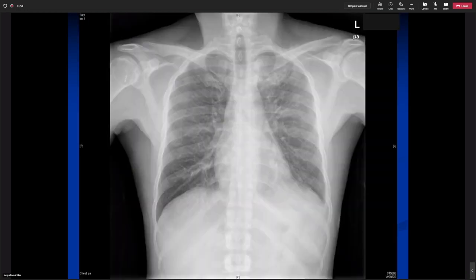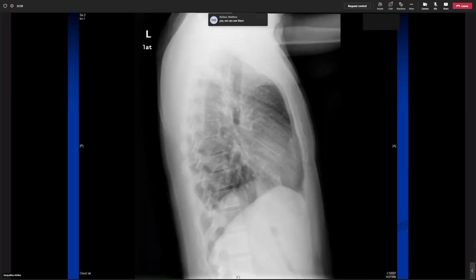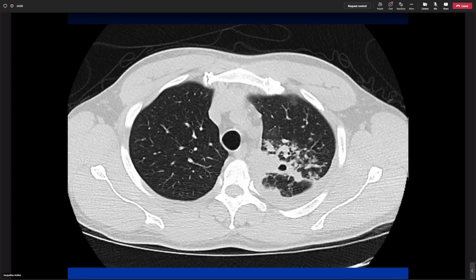Yes, okay, good. So this is his chest x-ray. Not really impressive, but when you look, you see a little bit of a left upper lobe infiltrate. This is the lateral. You can see the infiltrate a little bit better. And this is the CAT scan, right? So now you see the nodular infiltrates. You see the cavity, and it basically confirmed what I thought up front as TB, because when you run around